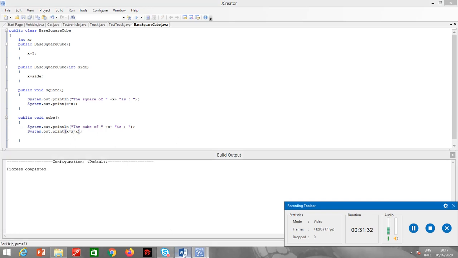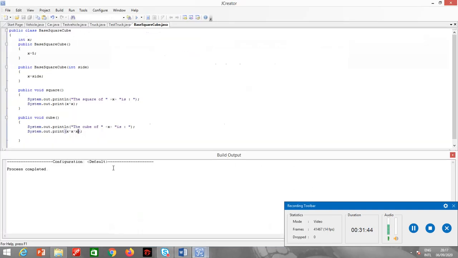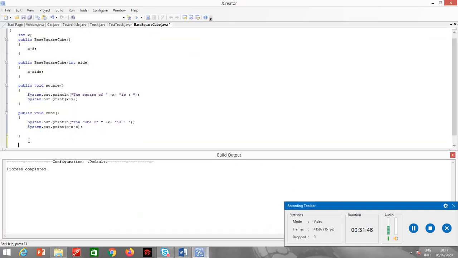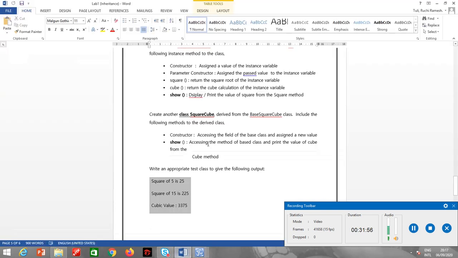Next is, I have the show method, display or print the value of square from the square method. So if you see over here, what is show method doing? Public void show. Let's read it carefully. It says display or print the value of square from square method. It is not saying that display the value of square.